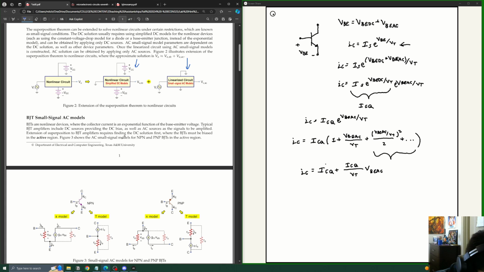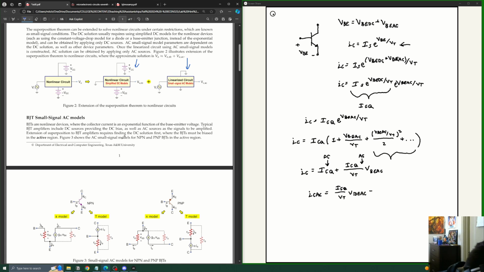So this is just some constant, and the IC,AC part of the equation, because now we can apply superposition. So this is the DC part, and this is the AC part. So I'm going to apply superposition because now we're dealing with a linear circuit. This leaves us with the AC part is ICQ divided by VT,